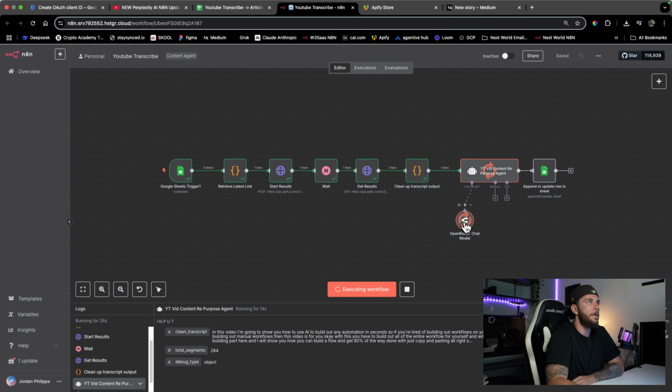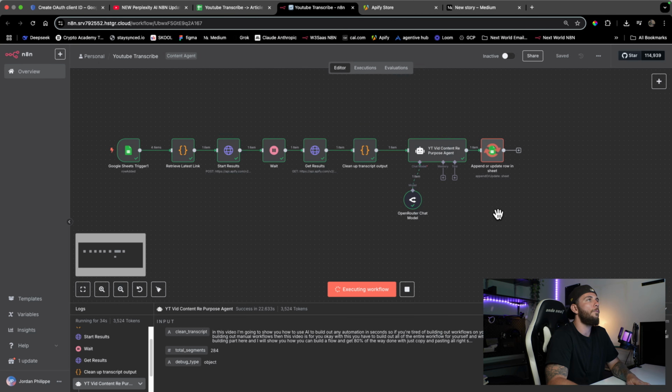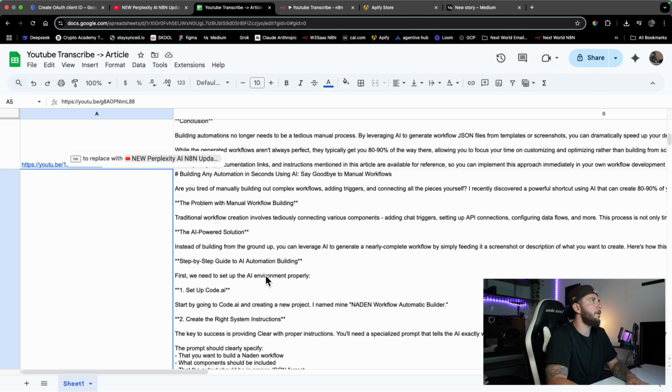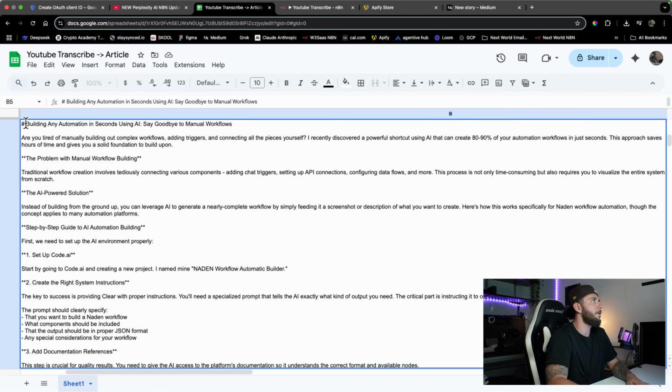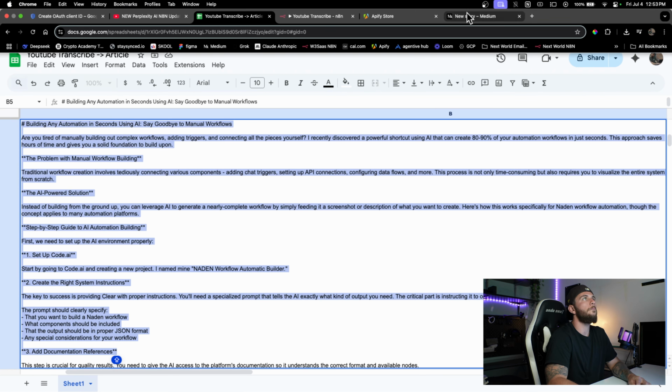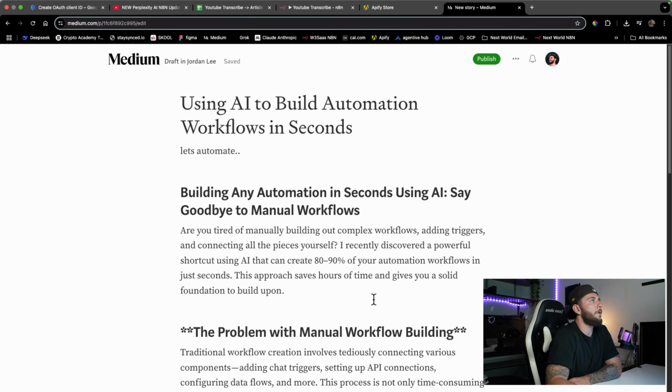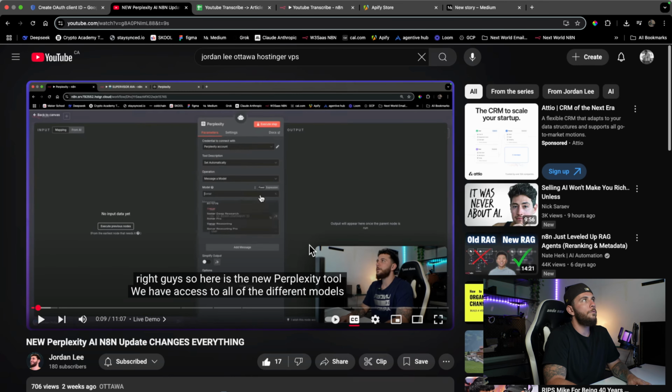It's getting repurposed right now through OpenRouter, and it will output us an article. And so there we go. Got our article here with this YouTube video, and now what I can do is copy this and post it to Medium. Boom, there you go. The whole article is there for you, and it can be output in different ways. For this example, it'll just be output into an article for Medium. That is the demo. So you get the YouTube transcript, and then we're able to post it in a Medium